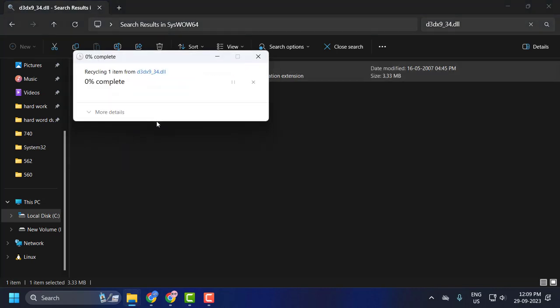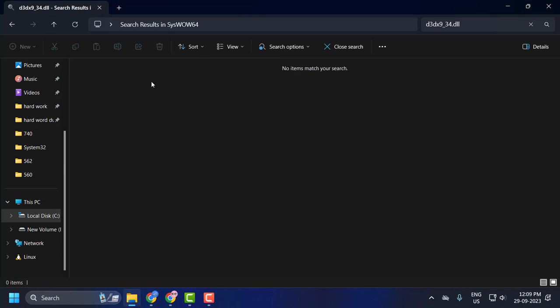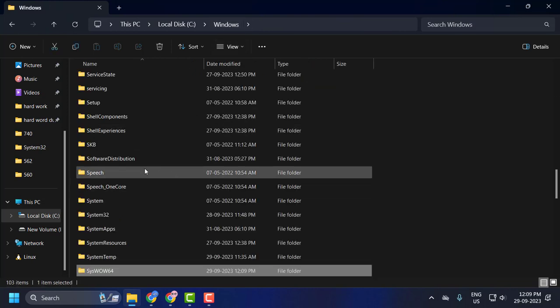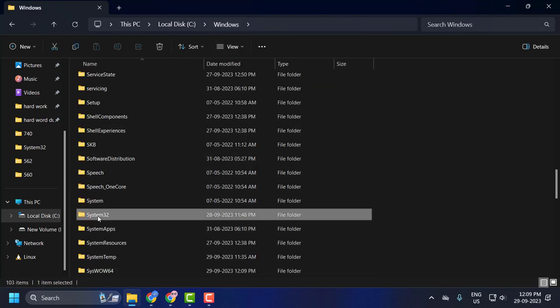Select continue. After deleting it, you just need to go back to the Windows folder over here guys, and you just need to search for System32. Double click on it,